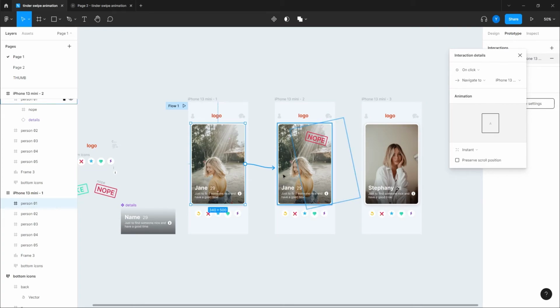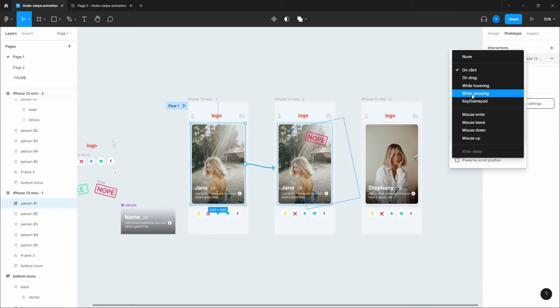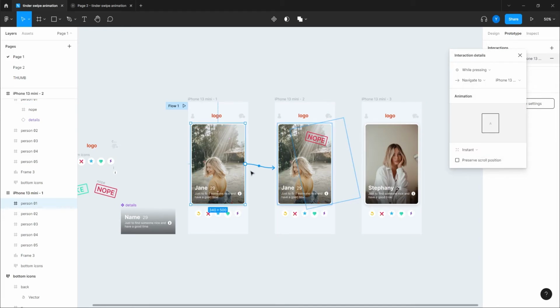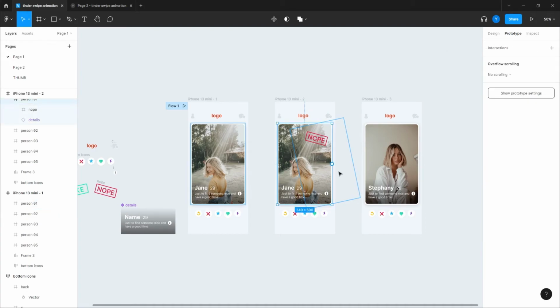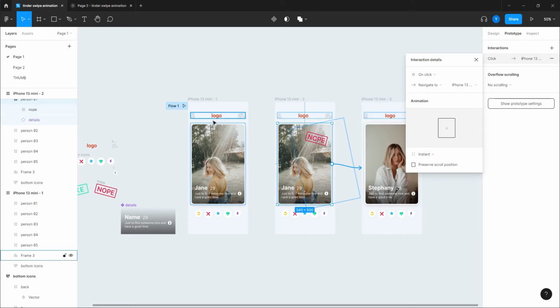So this one will be not on click but while pressing. When I press on this image, I want the nope to be lightened up, okay? And after I'm here, while pressing, I'm gonna take this and just swipe it to the left, and this is going to be on drag. Smart Animate,